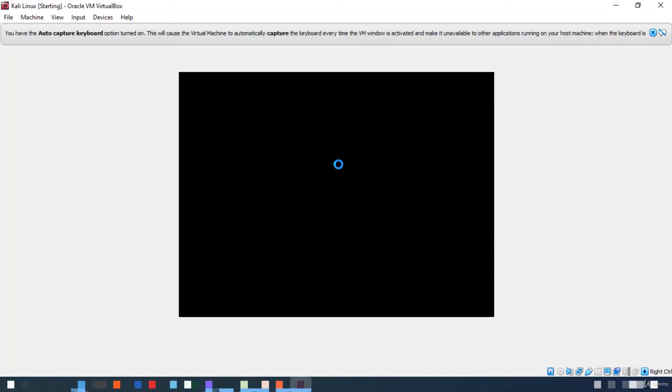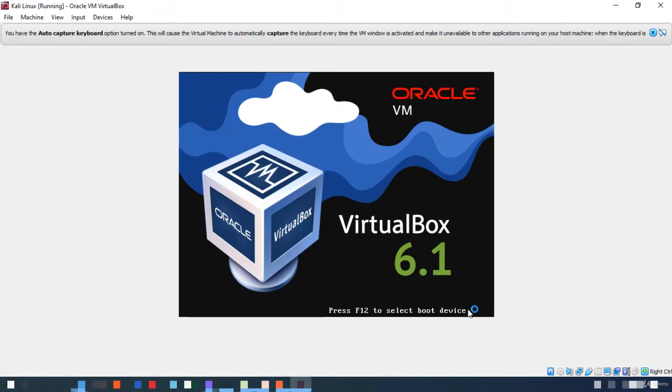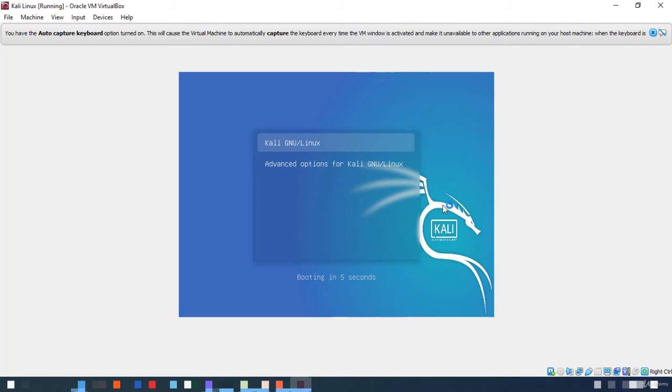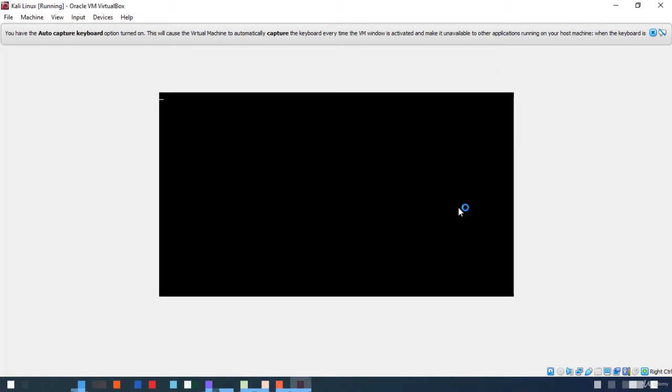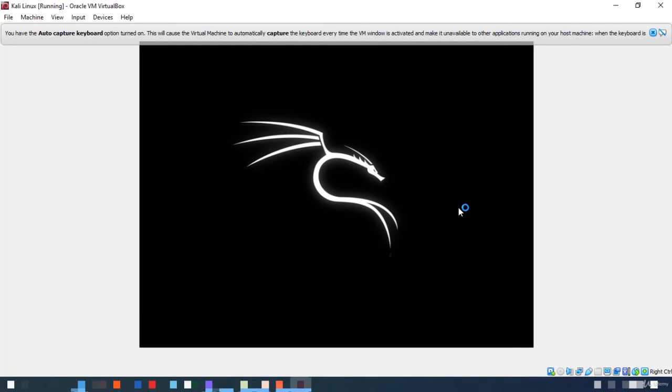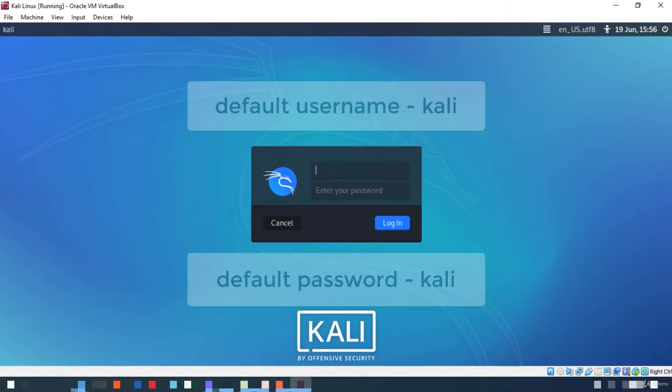We will wait till the machine gets started. Since we are starting it for the first time, it will take a couple of minutes to load completely. Don't worry even if it takes half an hour. One of our students waited for like 45 minutes to get the entire machine started. Finally, the login window will appear.